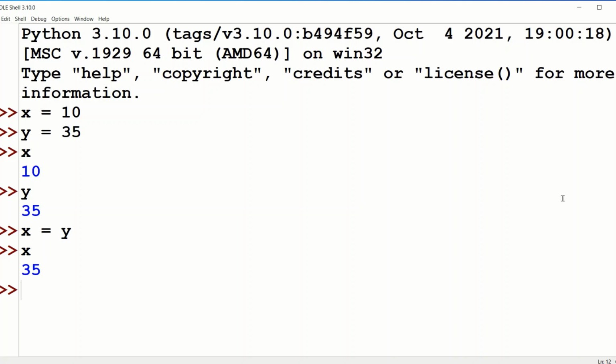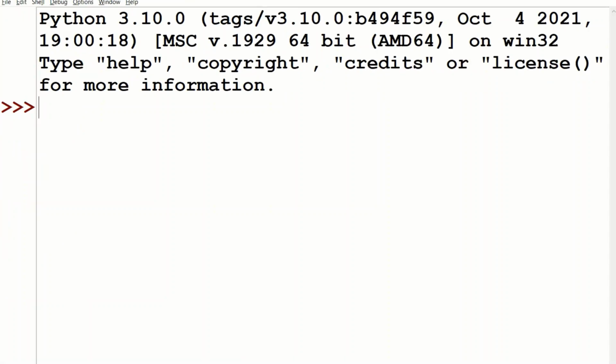That is, the value of y has overwritten the value of x. So, the value of a variable keeps on changing during the execution of the program. Now, let's create some Python variables with the help of rules. A variable name must start with a letter or an underscore character. Here, let me type employee_ID equal to 100.